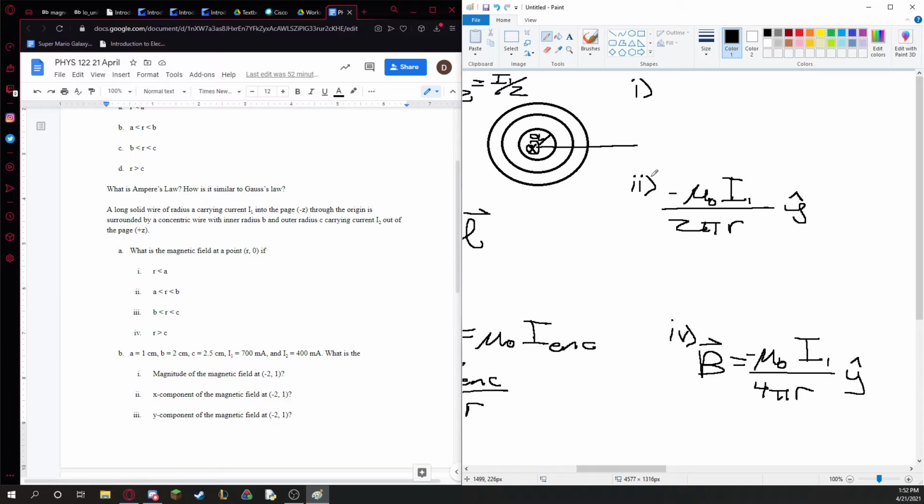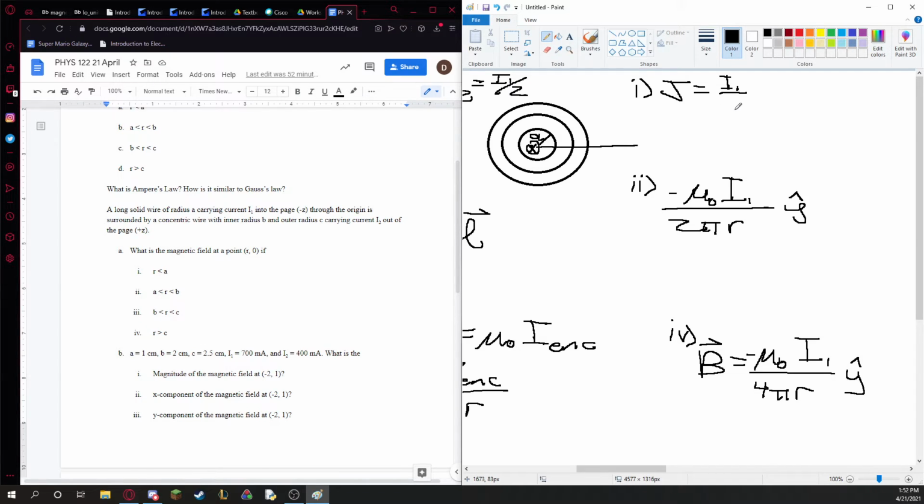Use the current density to find I enclosed first. Exactly. And how do we get the current density? What's our current density, J? Exactly. That's our current per area, which is our total current, I1, over our total area,